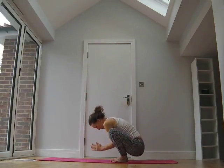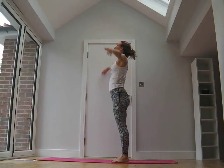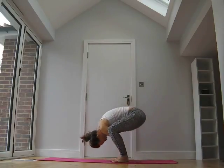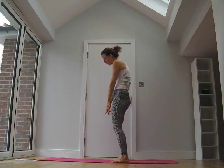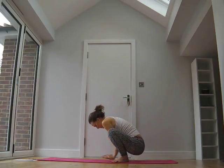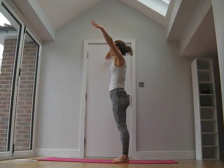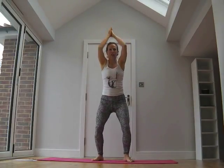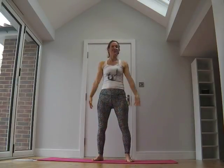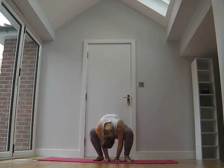It's a great warm-up, moving the whole of the body. And it's definitely one of those that feels harder after you've done it a few times. The first couple of times you think, oh, it's pretty easy, I can do this. And then after 5 or 6, after 10, you start thinking, oh, goodness, it's quite hard work. So don't panic if you're thinking, goodness, this is quite hard work, or some other variation of that. I'll try not to swear so that YouTube doesn't get cross with me, but